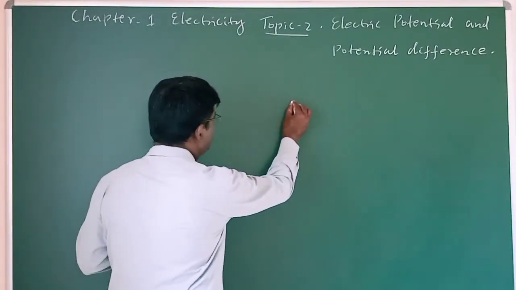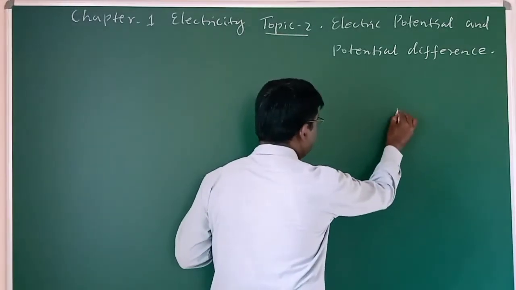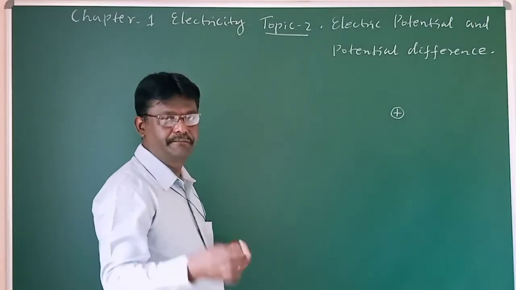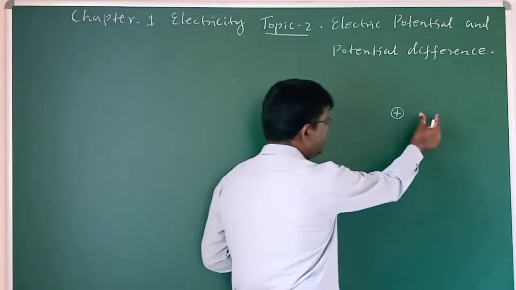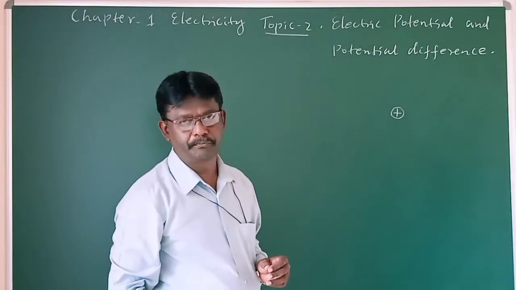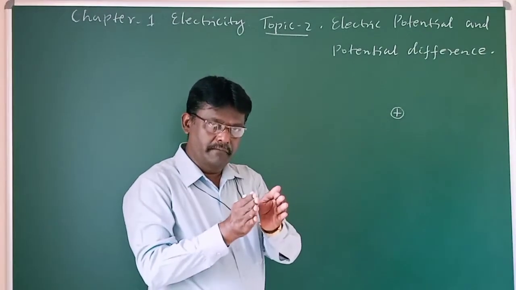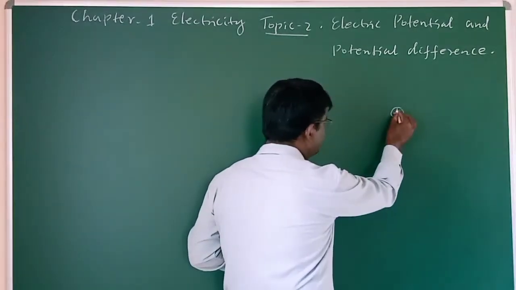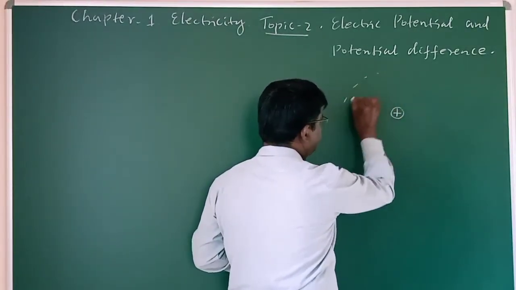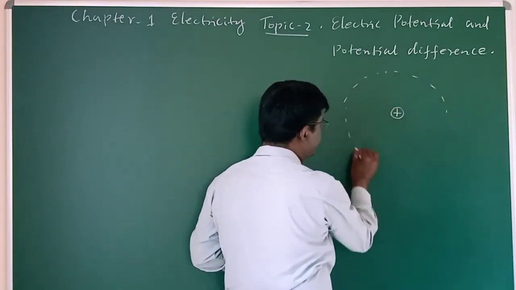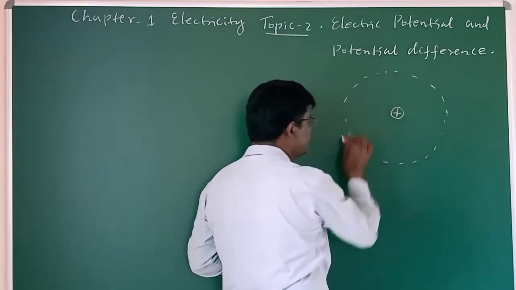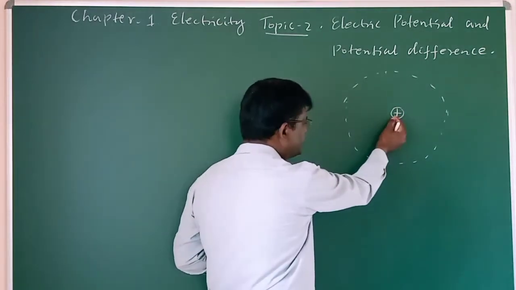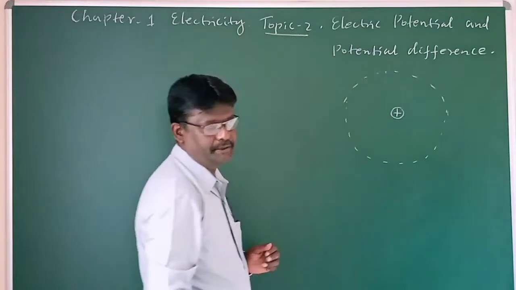Consider a unit positive charge. If we take one more positive charge, like charges repel with some definite force. If you take a charge, this charge has a definite field around it. That is electric field. What is that electric field? A region around the charge where its effect is felt.